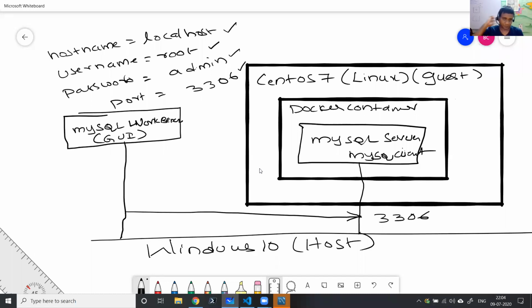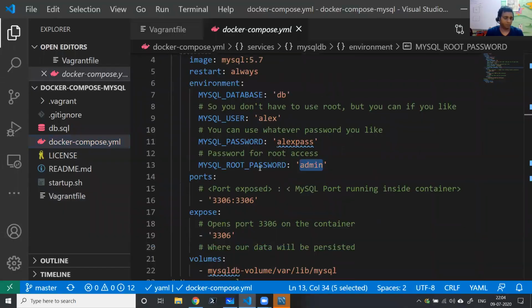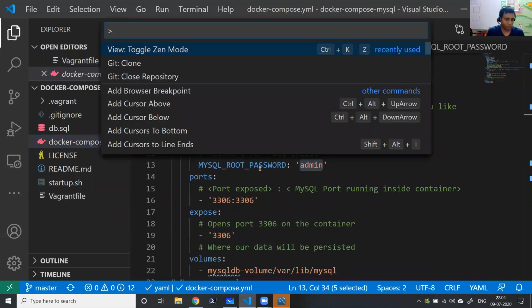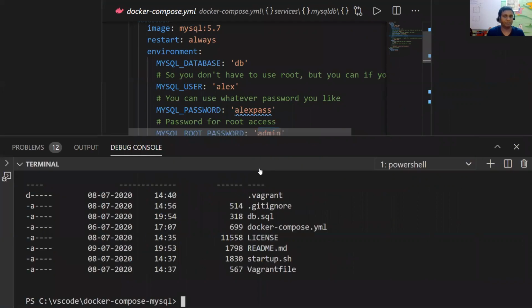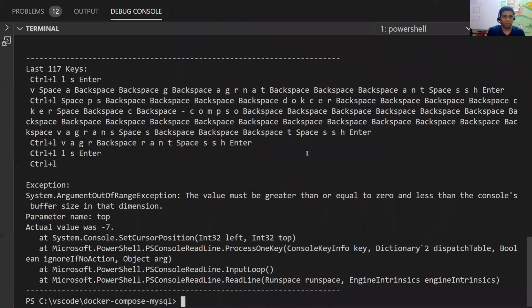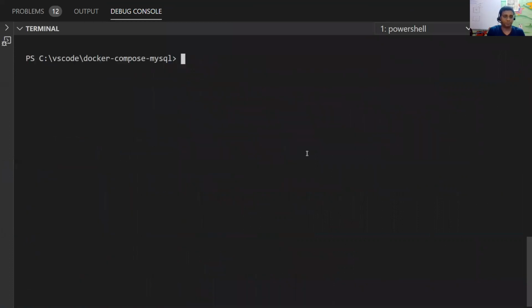Now let me SSH to my Windows machine, sorry, my Linux machine. I use vagrant ssh, which is essentially taking an SSH terminal to my Linux machine.